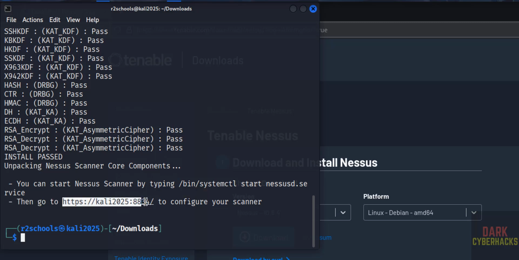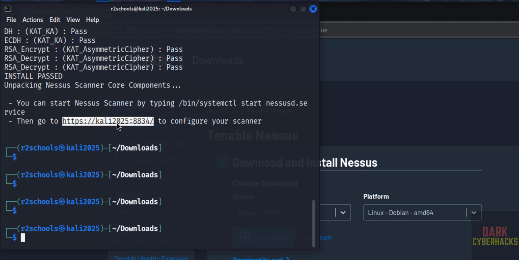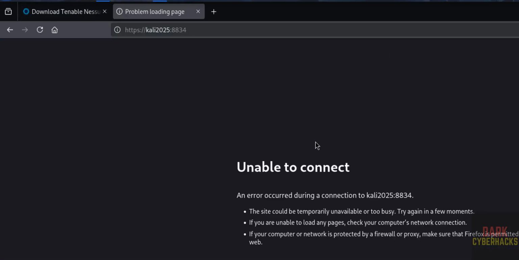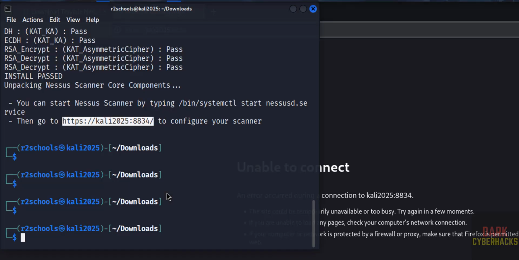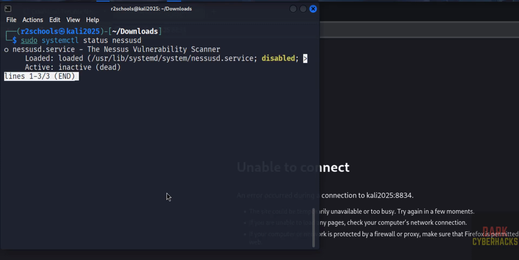Now copy this link and configure this scanner. So copy it, open a new tab, paste it, hit enter. See, unable to connect because we have to start the Nessus service. So first verify the Nessus service. sudo systemctl status nessusd is the service name. Okay, hit enter. See, we have installed Nessus, that is the Nessus vulnerability scanner, but it is not started and